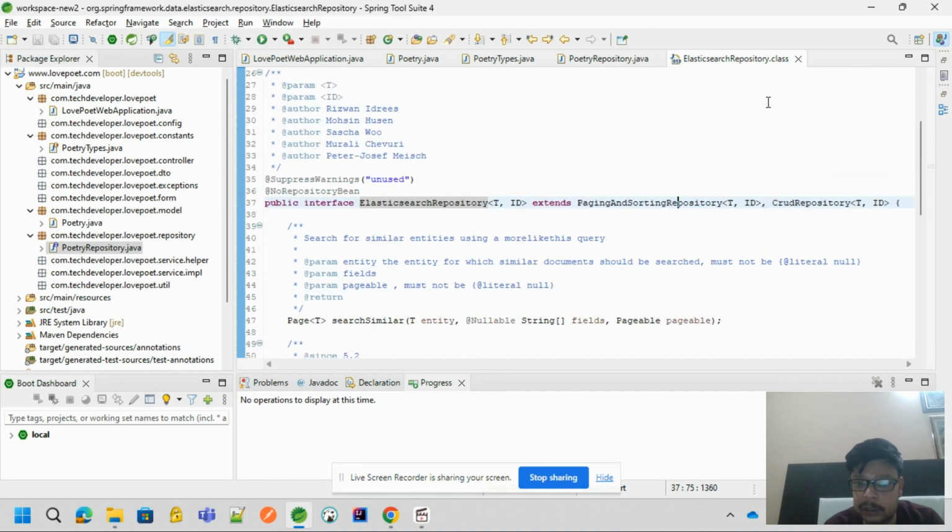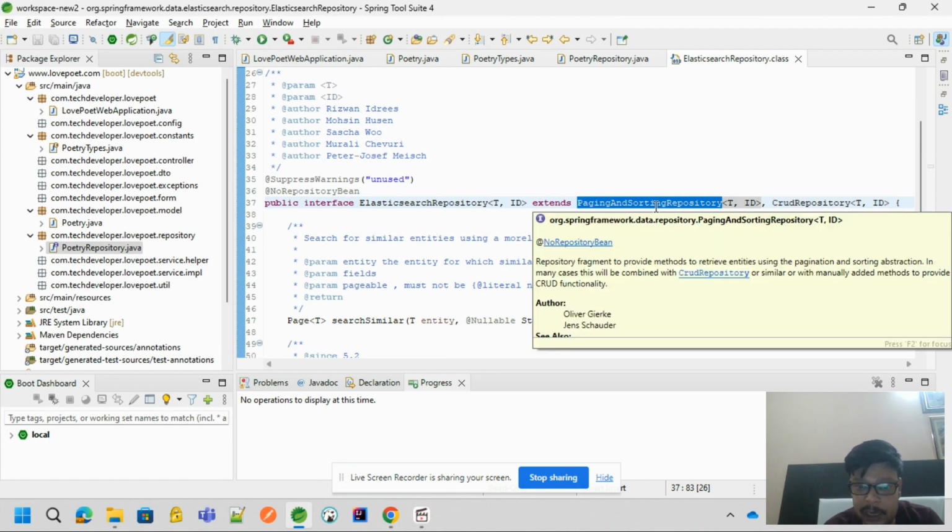So these two repositories, the CRUD repository and the paging and sorting repository, will always be extended in any repository like Elasticsearch repository, Mongo repository, or JPA repository.